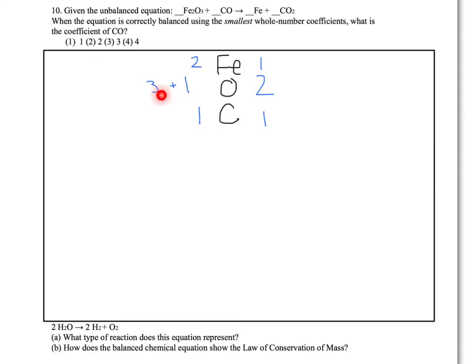So then if we try to add a coefficient of 2, and we see the consequence of balancing, if our coefficient was 2 here, we would have 2 carbons, and we would have 3 plus 2 oxygens, which is a total of 5, and 2 irons on the